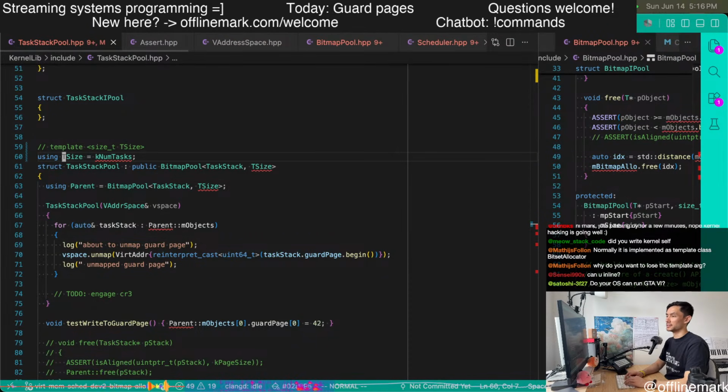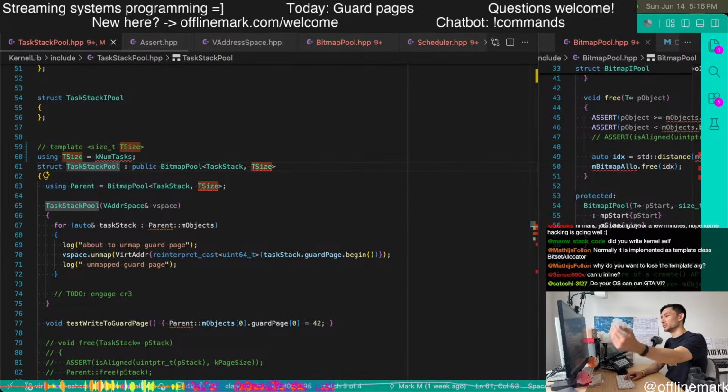I mean, this is not how it would look, but conceptually, every time we would otherwise use a T size, we use kNumTasks. And so we sacrifice the ability for this thing to be a reusable generic data structure. And we just say this thing is directly tied to the number of tasks that are declared on the system. And that is just simply what it's going to be.